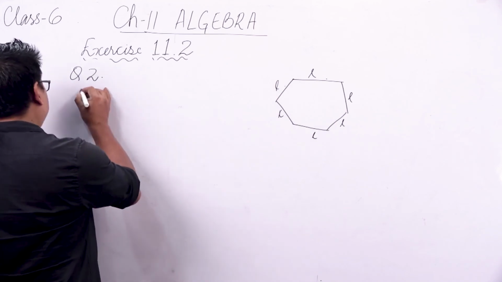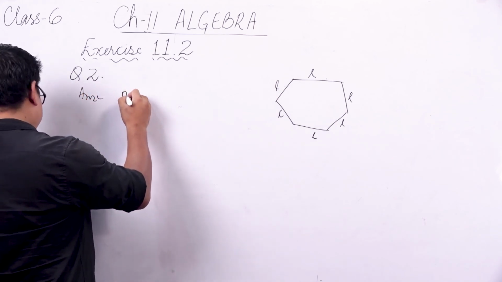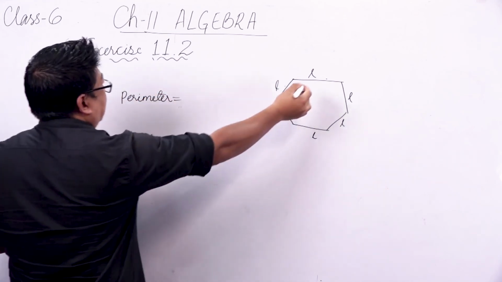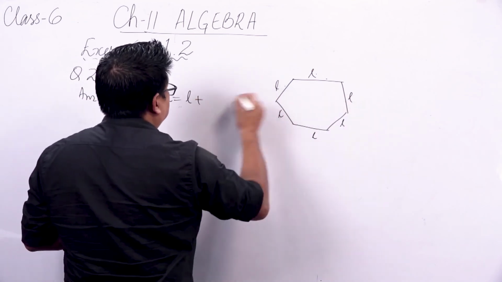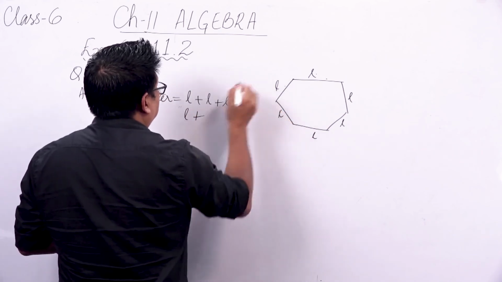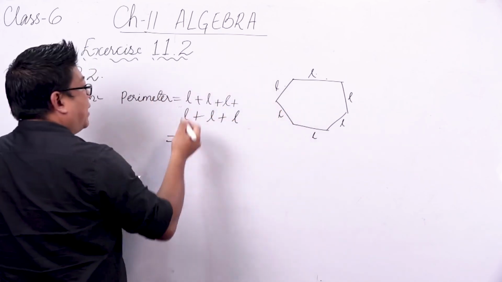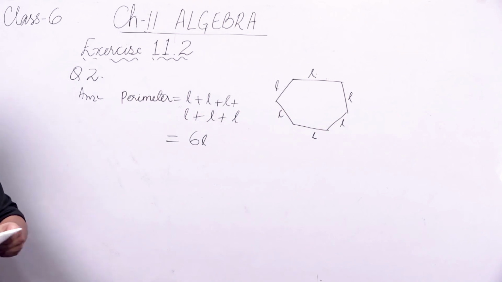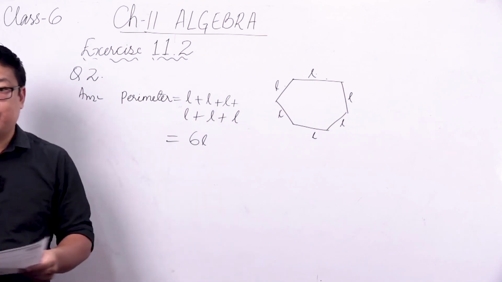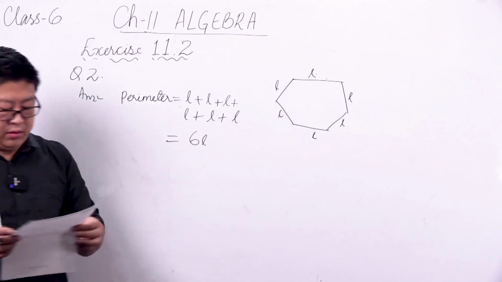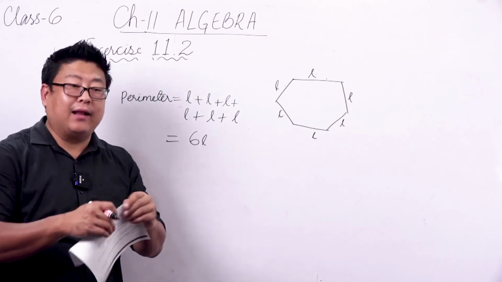Okay. So again, to find the perimeter, simply add all the L's. Start from here. L plus L plus L plus this L plus 2 more L. So we have how many L's? 6L. All right. So this is how you represent the perimeter of a hexagon using the letter L, and this L acts as your